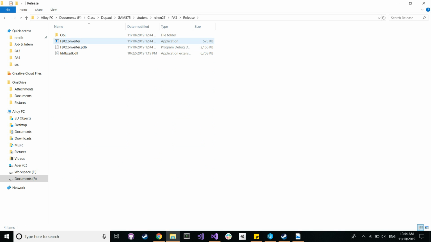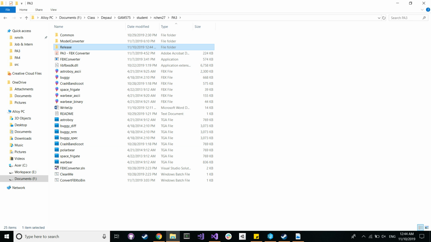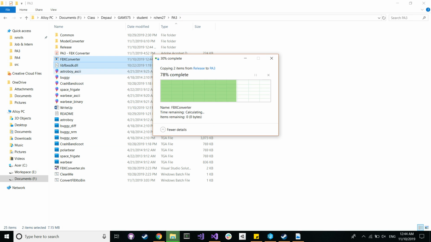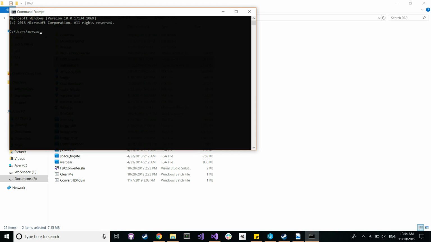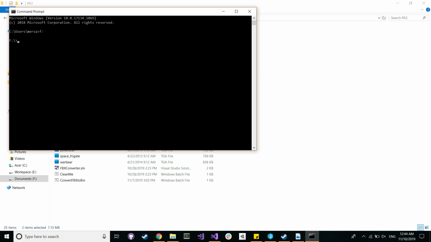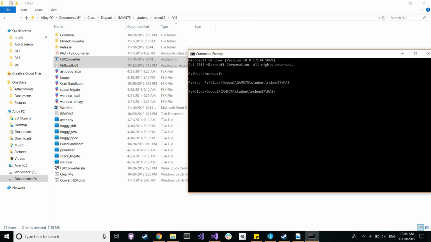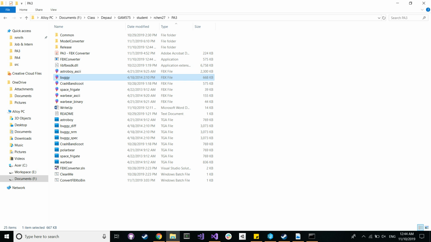For now, we have the exe ready, and in order to run this, I'm gonna run command lines, and then go into a directory, and then fbx converter. Let's say I'm gonna convert the buggy here,